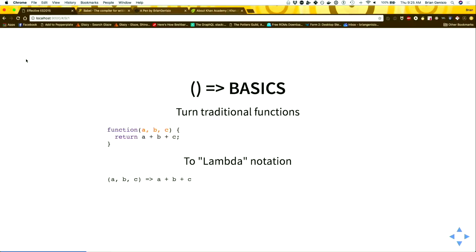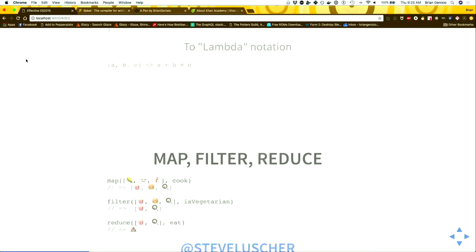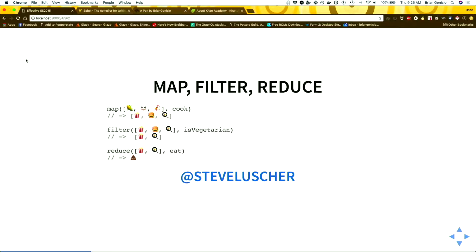Some people call them lambdas or lambda notation, but the idea here is if you have a function that takes a, b, and c, and it's going to return a plus b plus c, you can just declare, I'm going to take these parameters and I'm going to return this result. Lots of languages have this. And so I'm going to talk a little bit about some functional programming concepts, but before we do this,